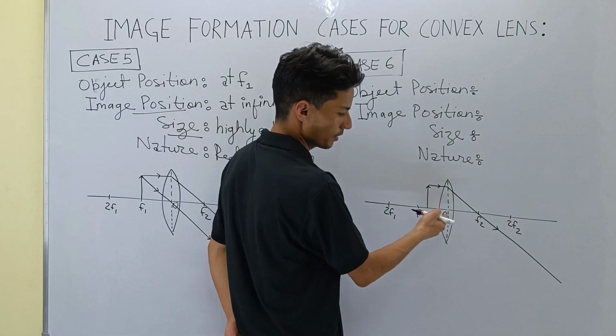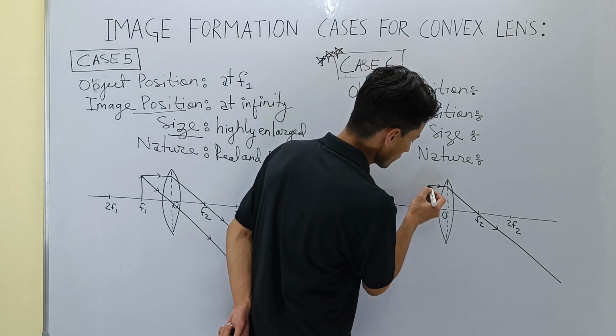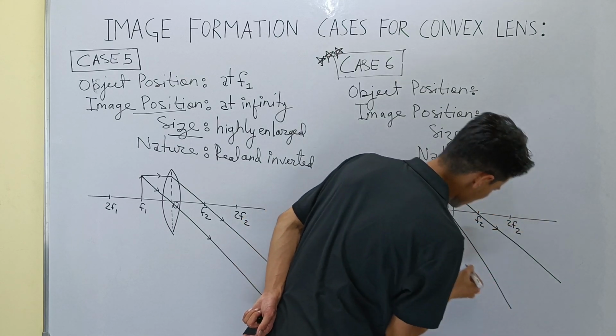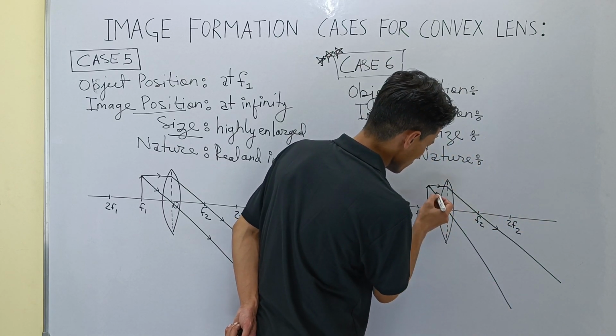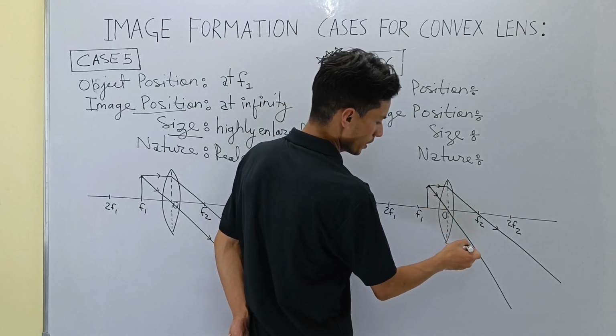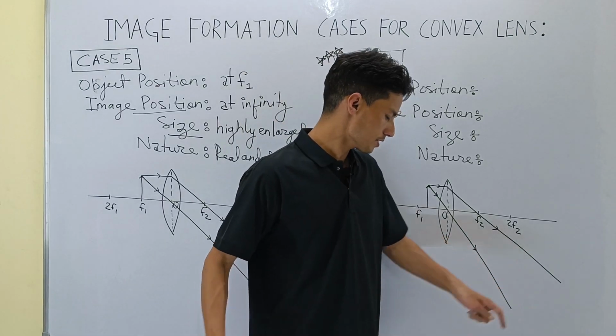Then rule 3, the incident ray will enter through the optical center. So it will go like this. Then no deviation. The ray which enters through the optical center does not undergo any deviation. It goes like this. So now if you look at the refracted rays,